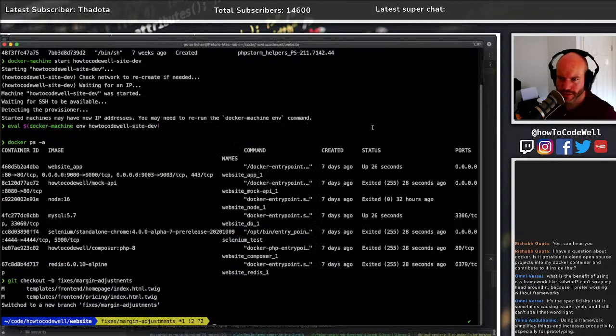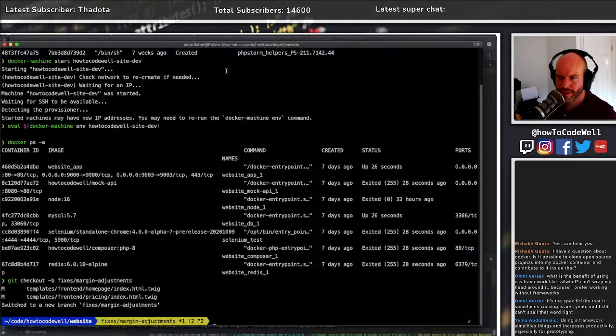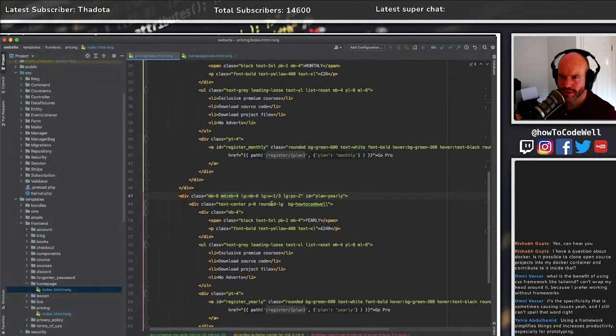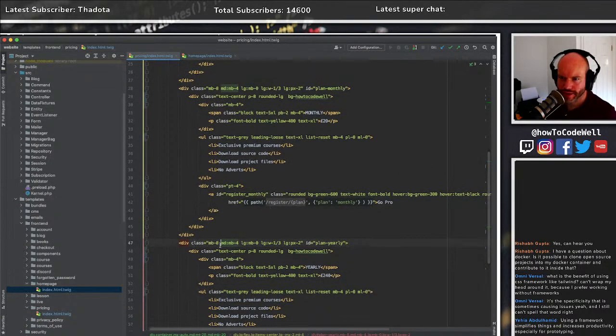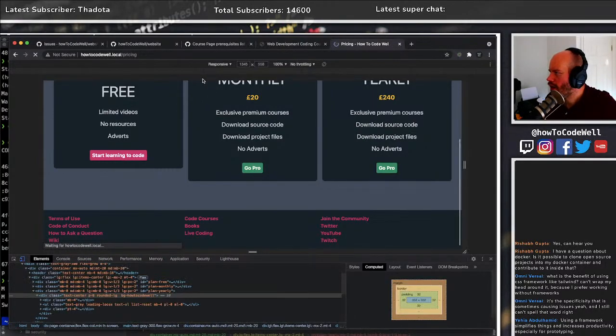Right. So what we need to do, and if I go to responsive, that hasn't screwed up. No. So what we need to do is change that to be 0, I think. And if this isn't it, we've run out of time.